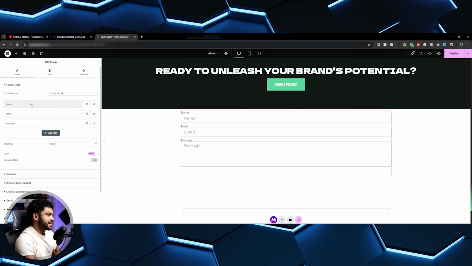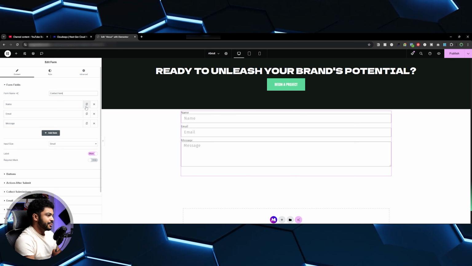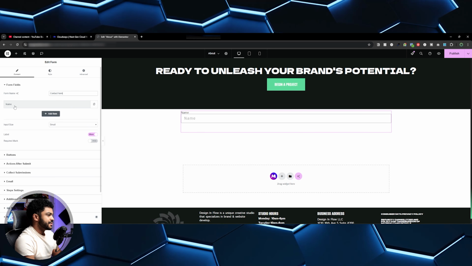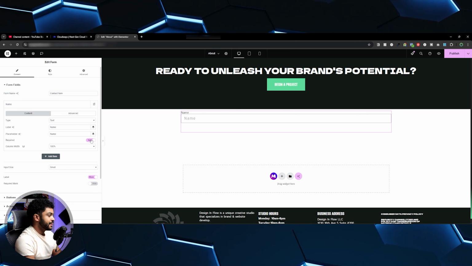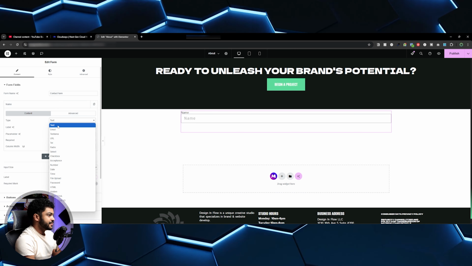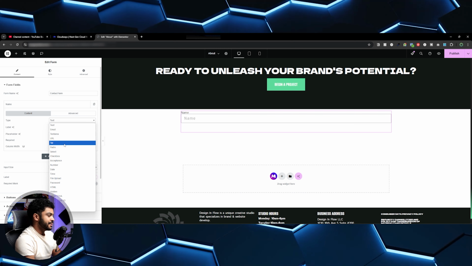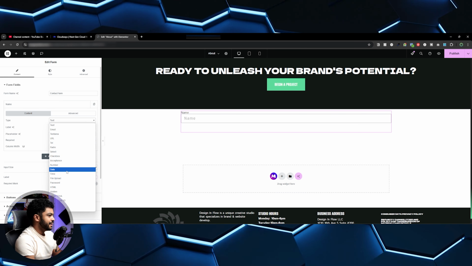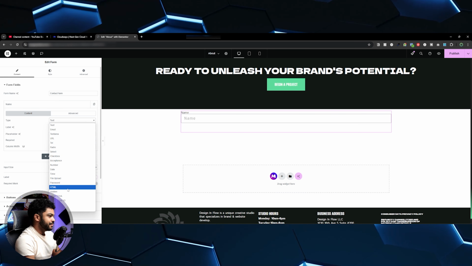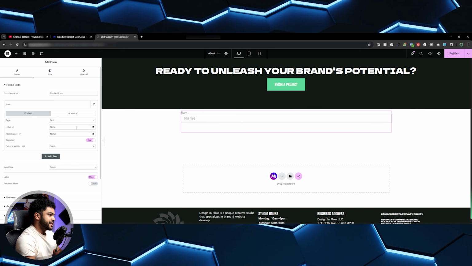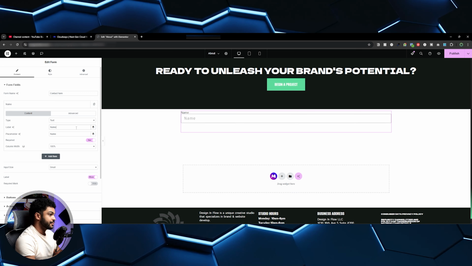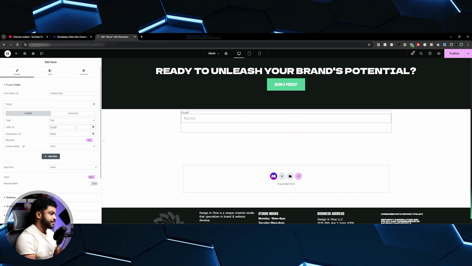By default, it opens up 3 tabs: Name, Email, Message. This is the duplicate form field, and this is to remove. So we can remove these. So we have the name, and we want these all to be required. So we'll just flip the required tab. But you also have the type of form. So it can be text, email, URL, telephone, checkbox, number, date, file upload, HTML, password, all of these different form types. You can change the label name, so we'll just put this one as first name,